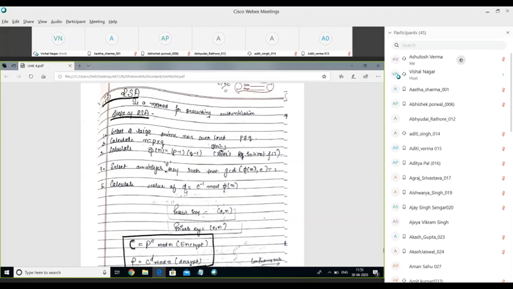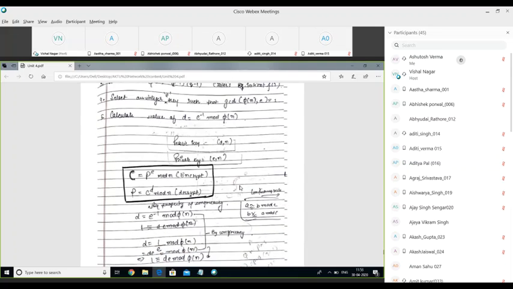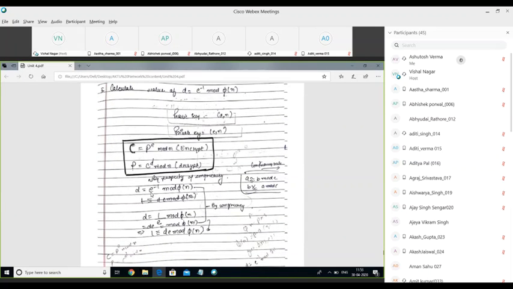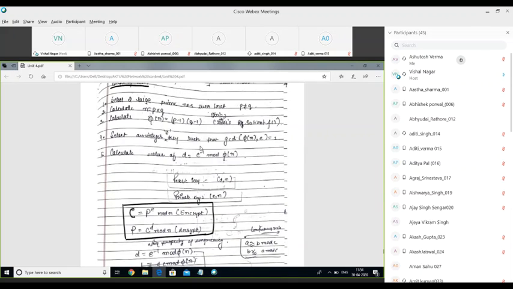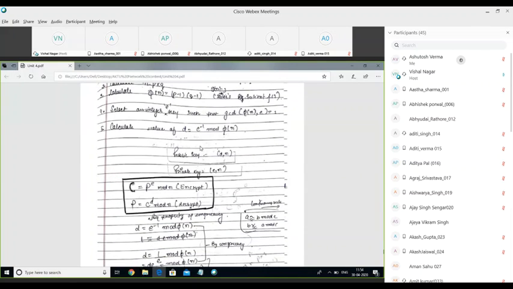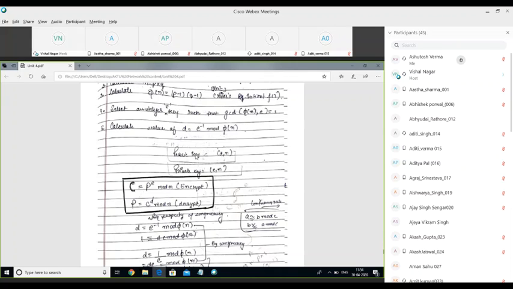Then we find the value of d, which is e inverse mod phi n, and this is how the value of d can be derived. d equals e inverse mod phi n, or d equals 1 upon e mod phi n, or also we can say that 1 equals d times e mod phi n. This is how we find the value of d. After that, when we have d, we create the public key as d and n, and the private key as e and n. I mean e and n.